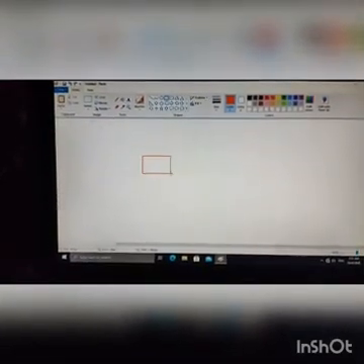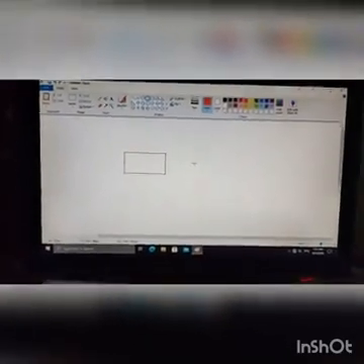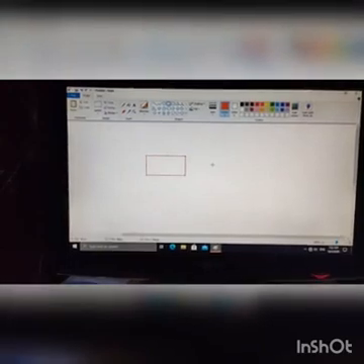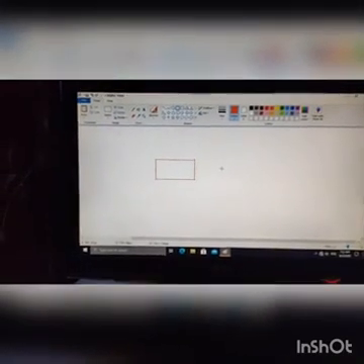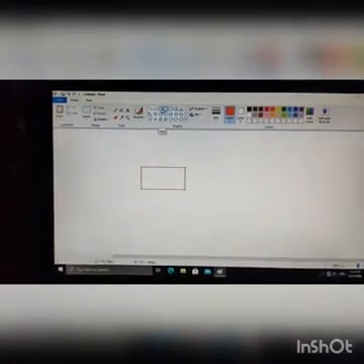Now the rectangle shape is used to draw a rectangle, and to convert it into square, you will have to press shift and the rectangle tool. Similarly, this is oval tool.